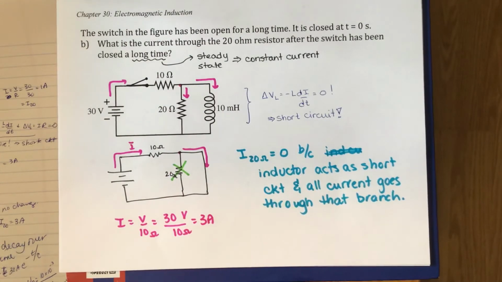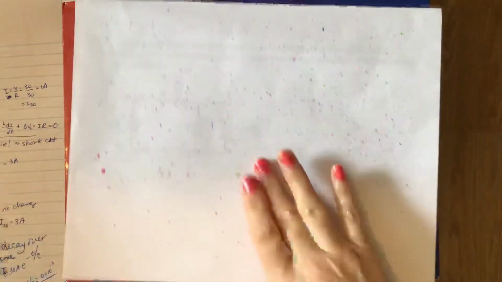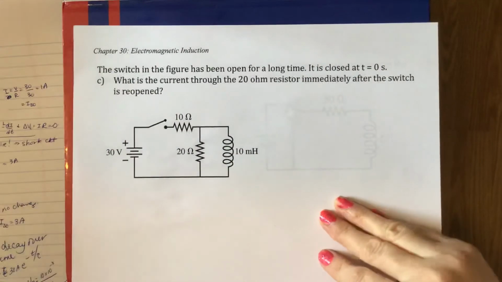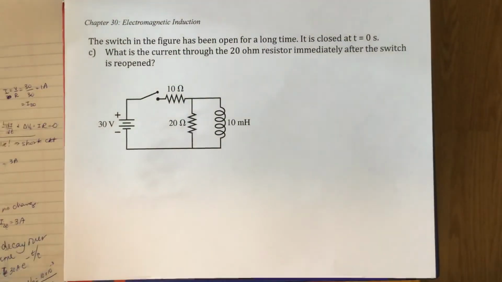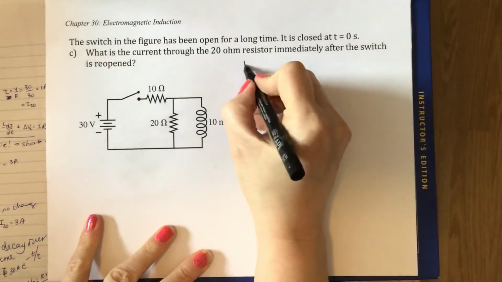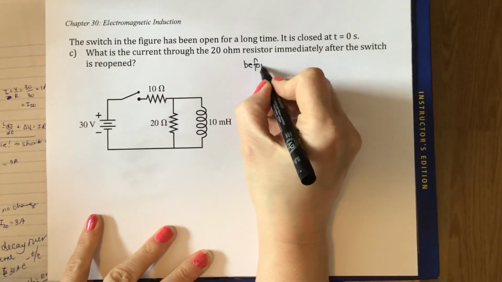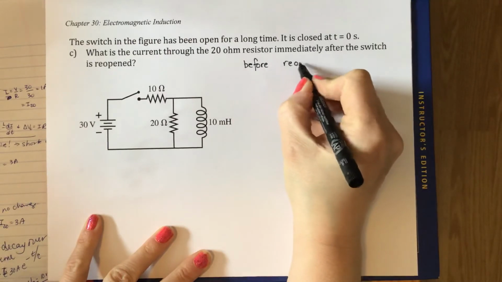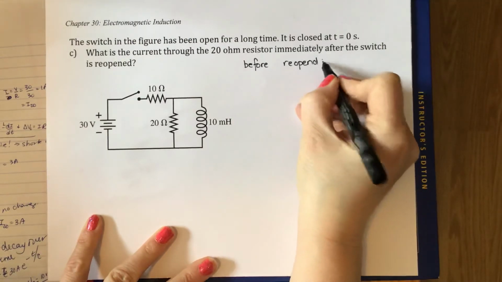Okay, part C of this problem, one more part to go through. Part C says, well, we take our circuit that has been closed for a long time and then we open it up. Then what happens? Okay, so let's think about what's happened after a long time. So after a very long time, so before the switch is opened, before we